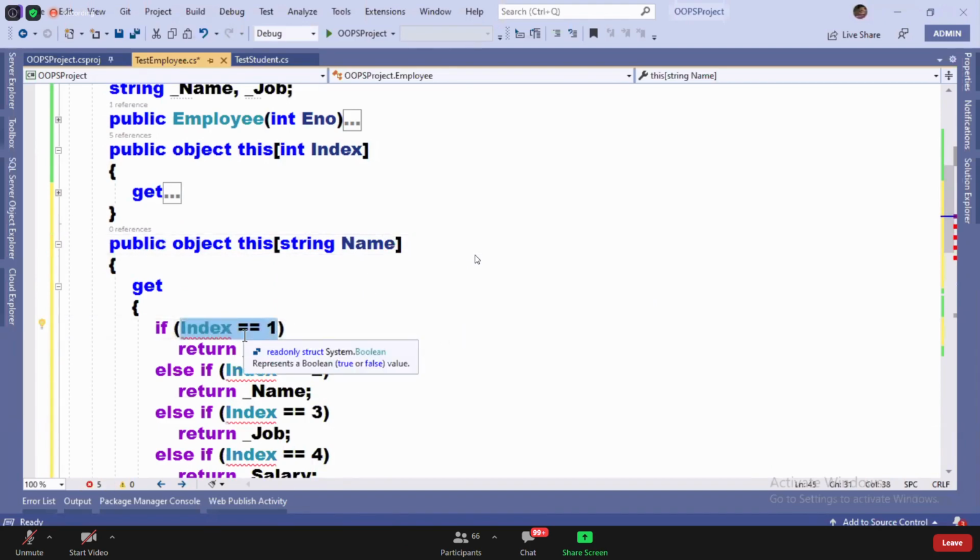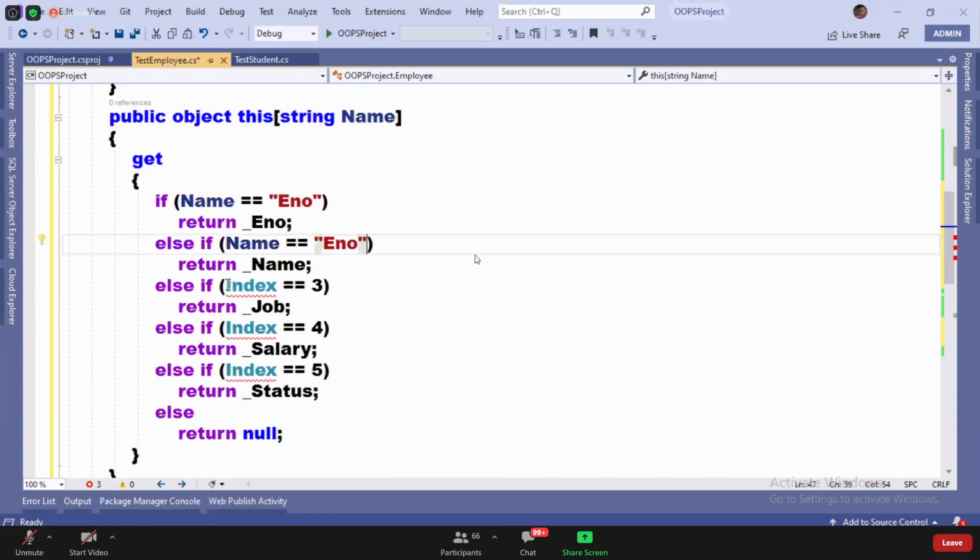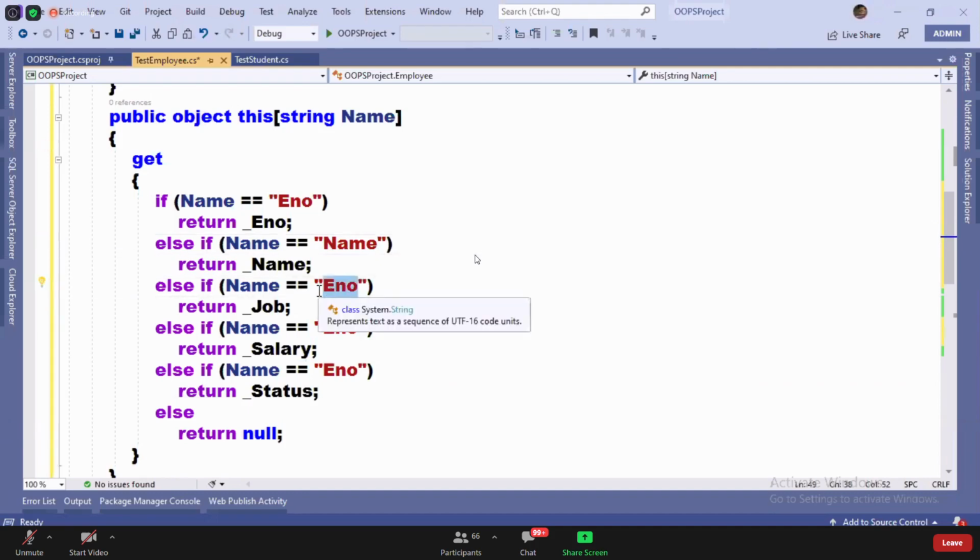I can implement my code: if name is equal to employee number, return underscore emp number. If name is equal to name, if name is equal to job, if name is equal to salary, if name is equal to status.